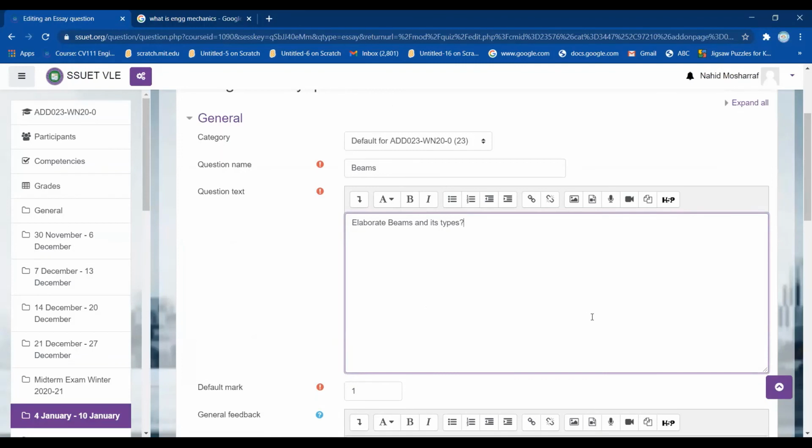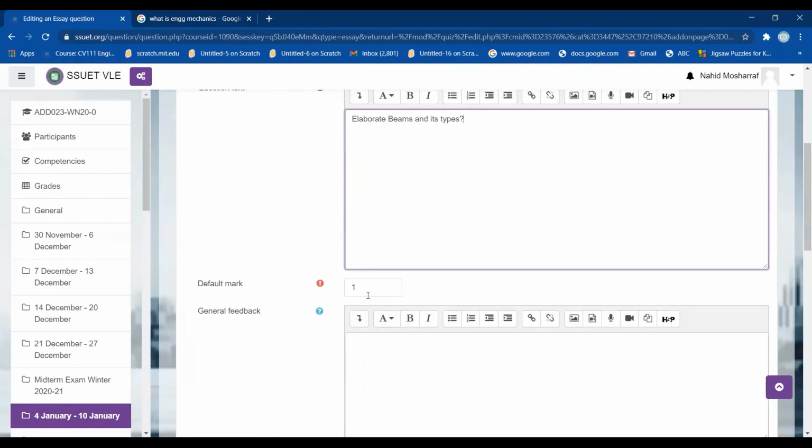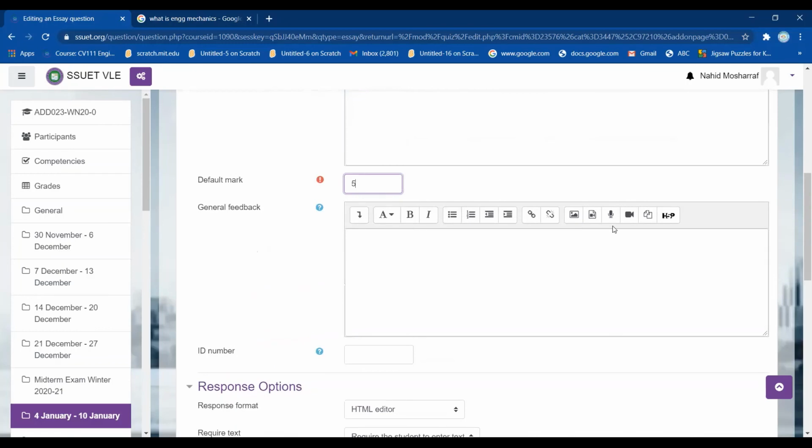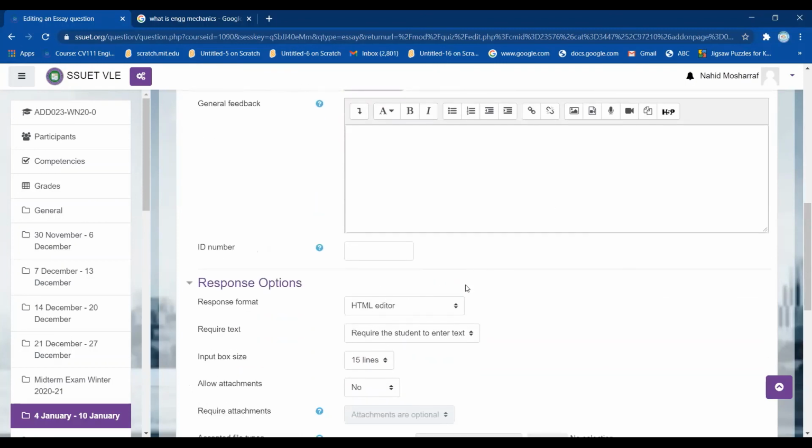So this is the question. And this question is worth, for example, 5 marks. So what I have to do here, you can add any lecture or video over here. From that, he or she has to read it or learn it, and then write the answer. Obviously you will not provide the answer because you have to check it yourself, because no answer will match the response format you have provided.